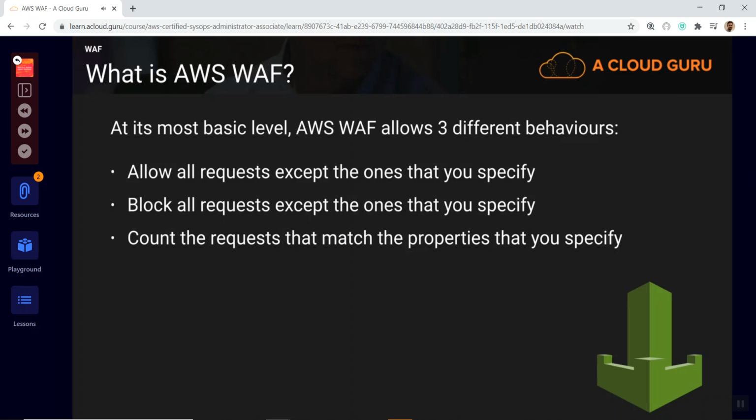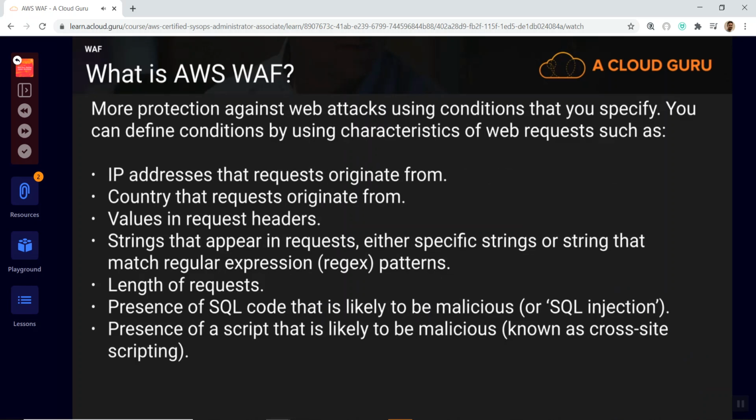So you can allow everything, you can block everything, or you can just count the requests that match the properties that you specify. Now you're probably wondering, well, what properties can I specify? Well, you can specify things like IP addresses that requests originate from, countries that requests originate from, values in your request headers, strings that appear in requests, either specific strings or strings that match regular expression or regex patterns,